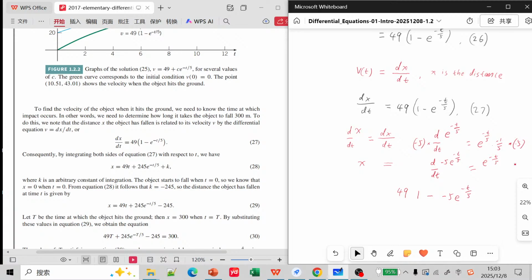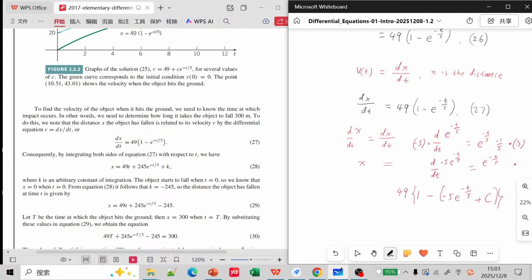But remember, when we do the antiderivative, we need to add a big C term, because there are many possible C values. So the right hand side's antiderivative should be this expression. We can verify